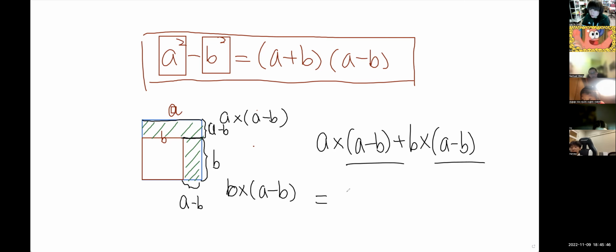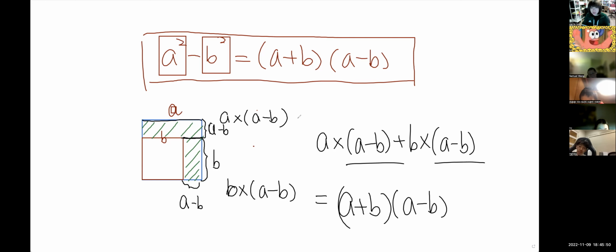A minus B. So it's A plus B times A minus B. So that's why A squared minus B squared equals A plus B times A minus B. Get it, everybody? So this is the first time we actually combine the algebra with the